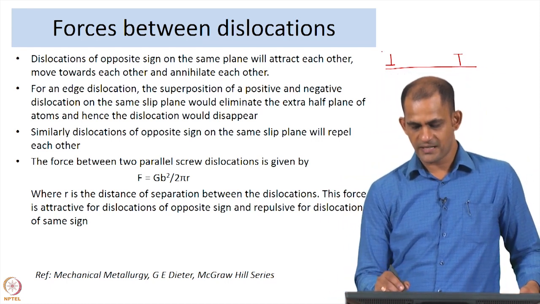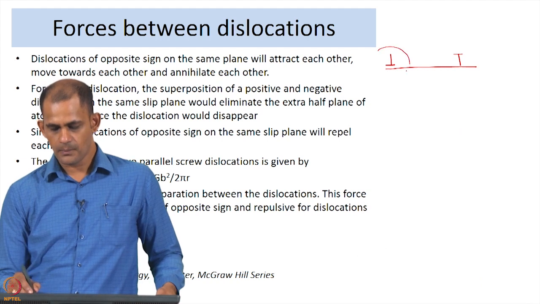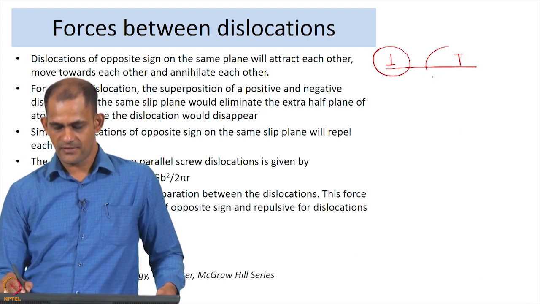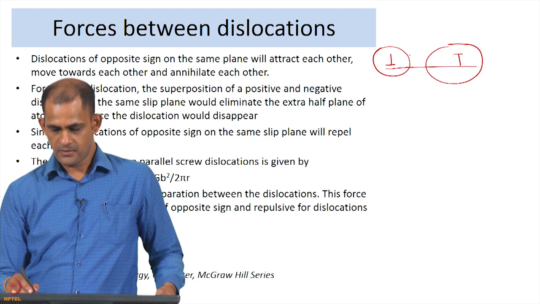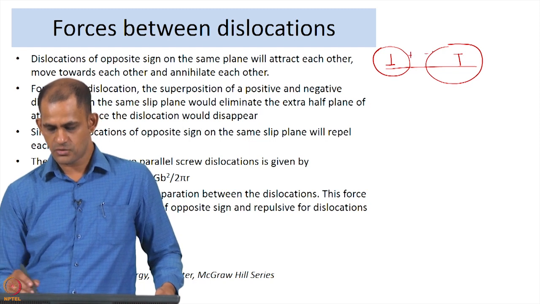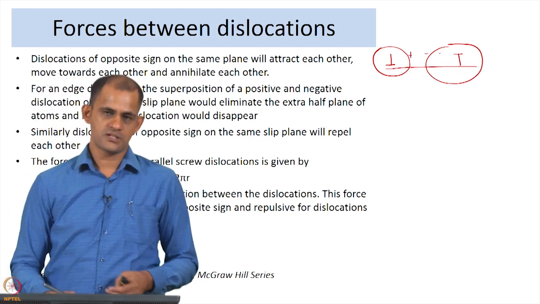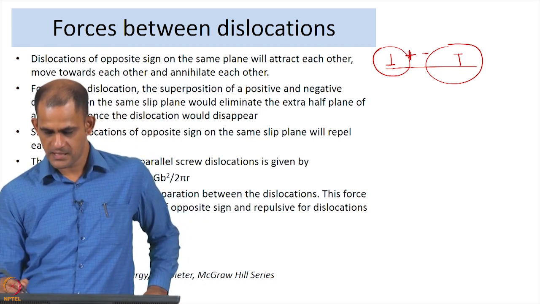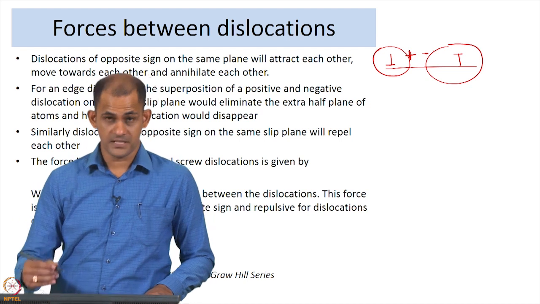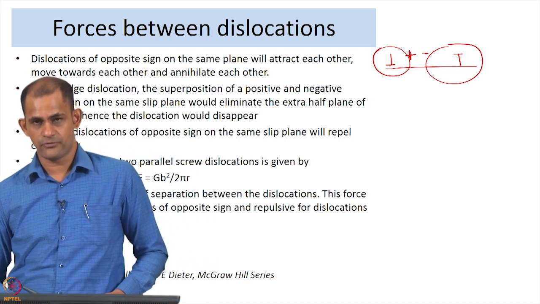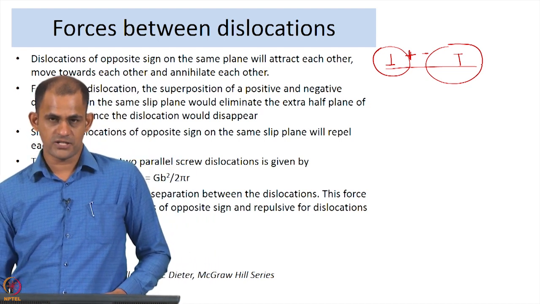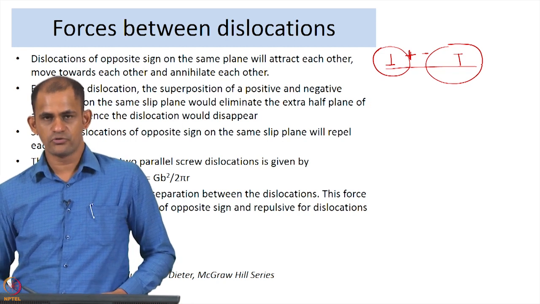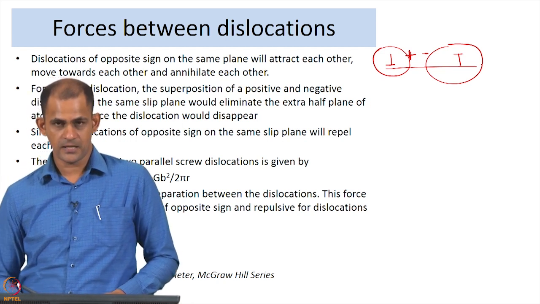The stress field created by this dislocation will have a different sign. Let us assume this is plus and this is minus. The stress fields created by these dislocations are opposite in nature, which means there will be an attractive force. So, a positive and a negative edge dislocation would like to move towards each other and annihilate each other,